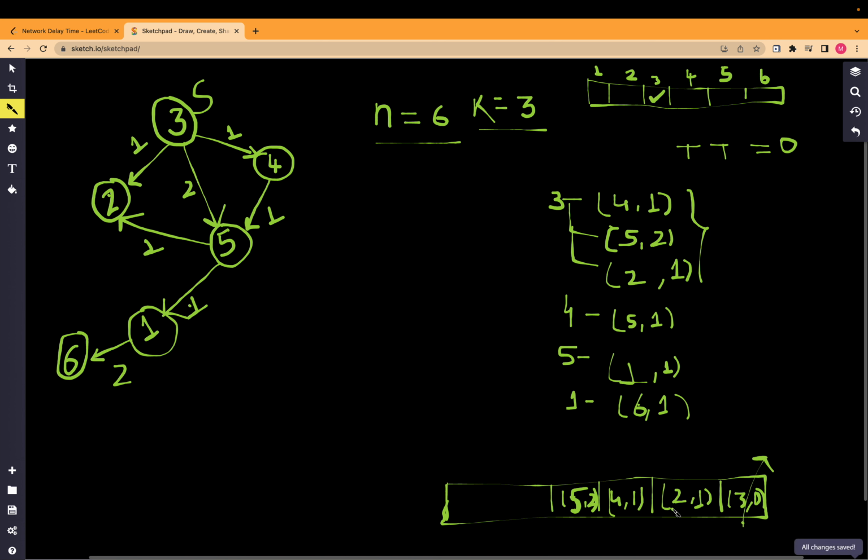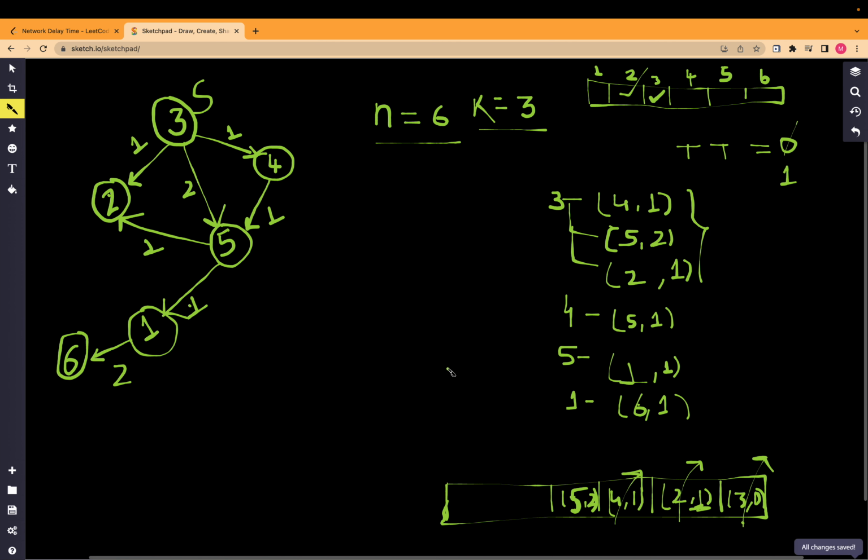we will move to the next, like we will pop the next node from the priority queue, that is 2, and then we will see 2 is not connected with any node, like it doesn't have any directed signal to any of the nodes, so it's not going to provide signal to any node. So we will find the minimum distance from 1 and 0, that is 1, so we will update this by 1 and mark 2 as visited, and then we will pop the next node in the priority queue, that is